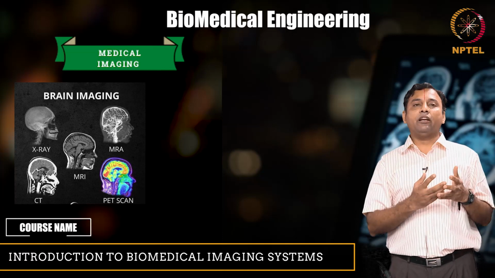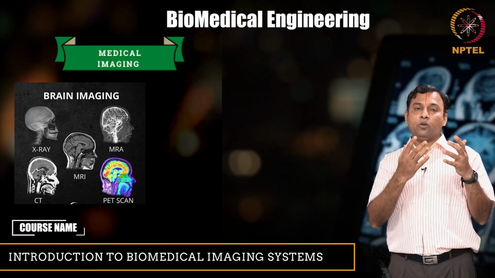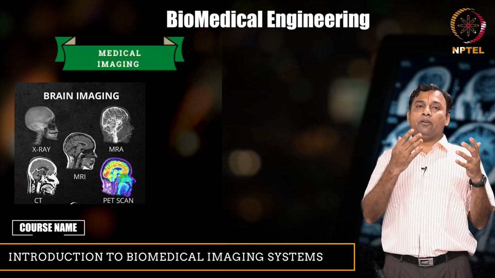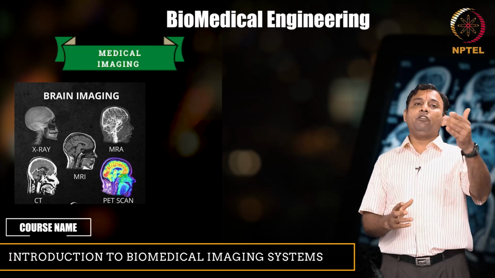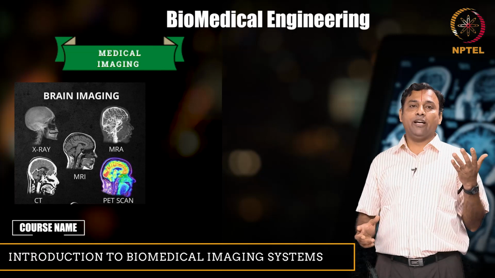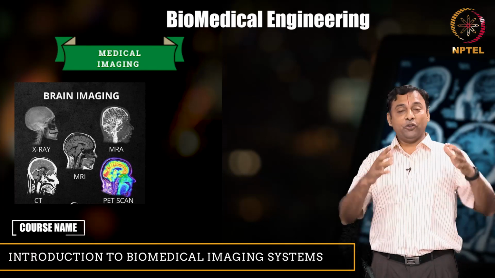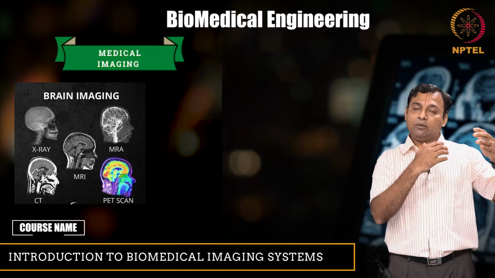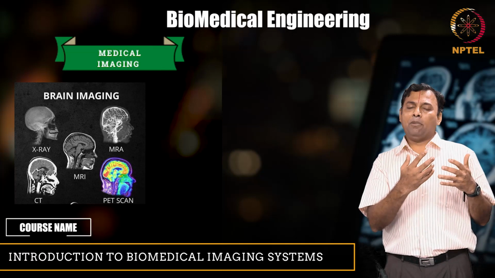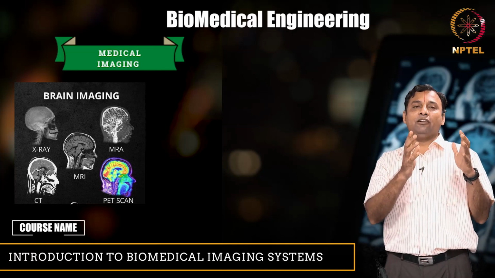So example here, brain imaging. When you say brain imaging, this is a clinical area. They want to look at the brain image and say whether it is normal or abnormal. But then when you get into the clinical application, you have different modalities: X-ray, MRI, CT, computed tomography, PET scan, MR angiography. So you can organize it like that from a clinical, application perspective, but we are not interested in that part, right? So you can deal with it in different ways.